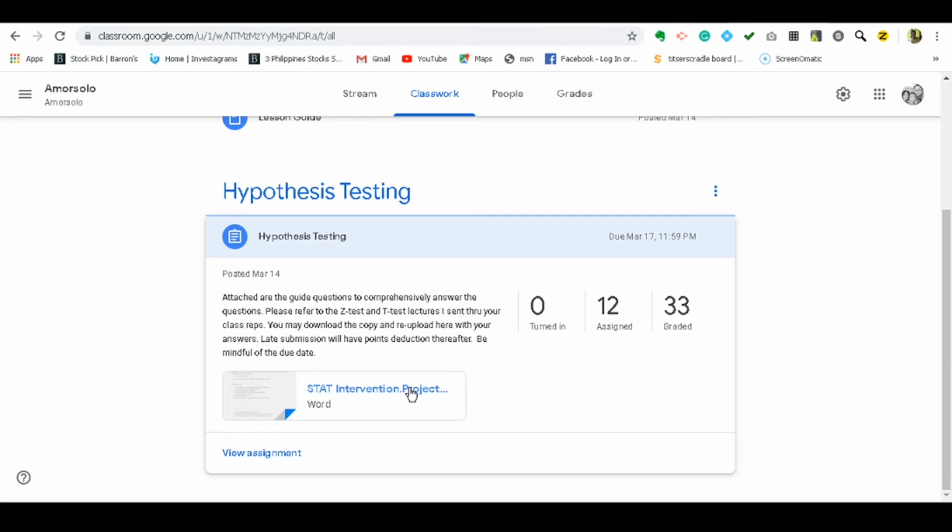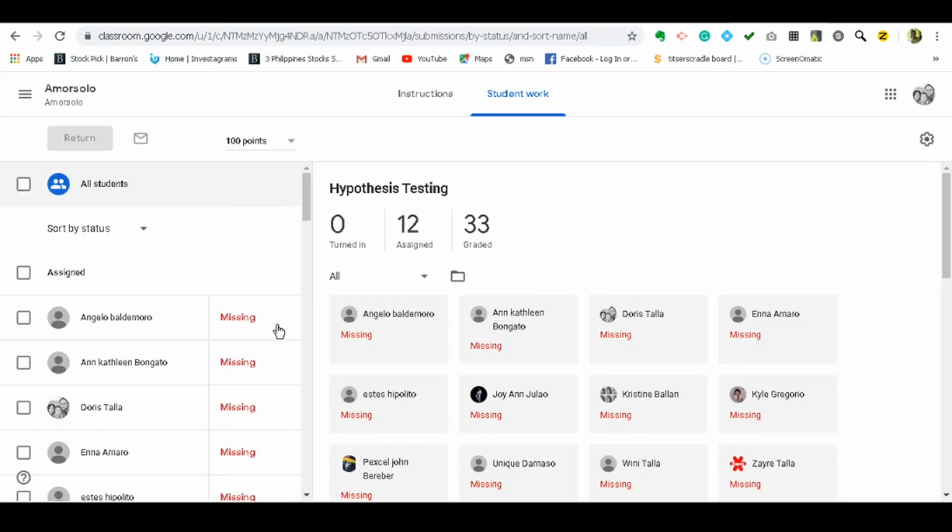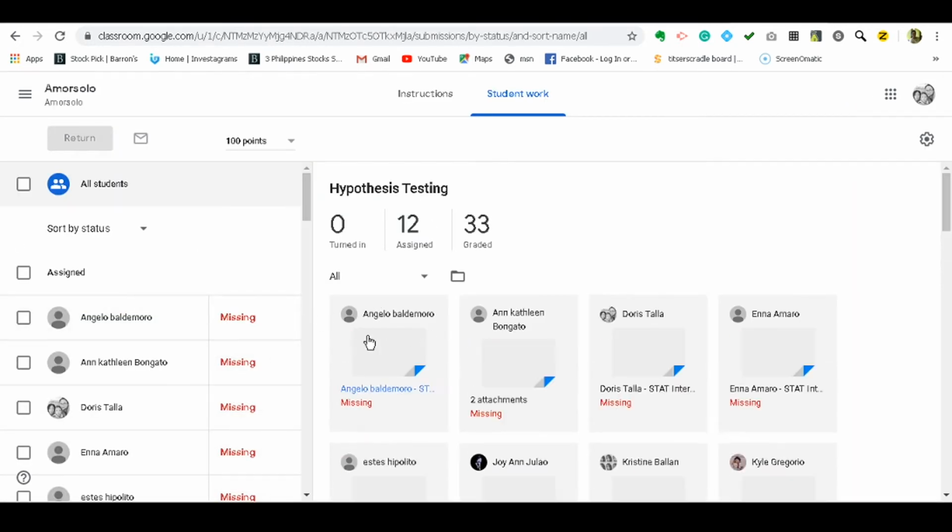I only did a document, tapos pinasok ko na siya, a Word document, and then the students will get to see that. No, let's view the assignment. Okay, so mukha lang missing yan, but they were able to submit. They have attachments with them. So let's see, let's have